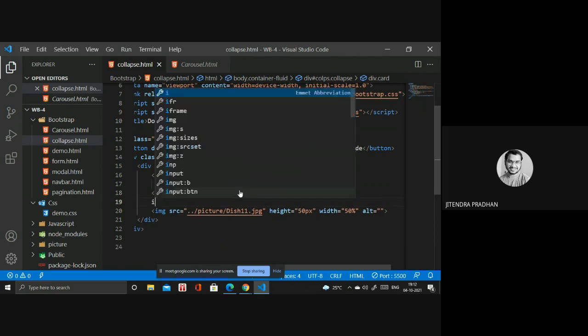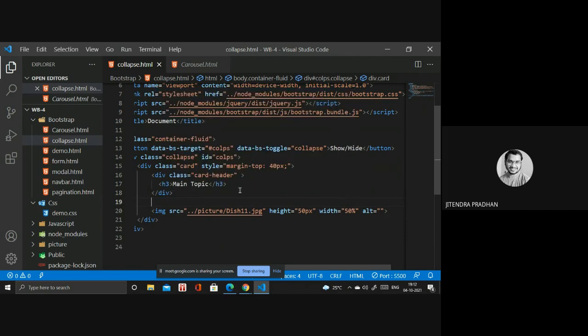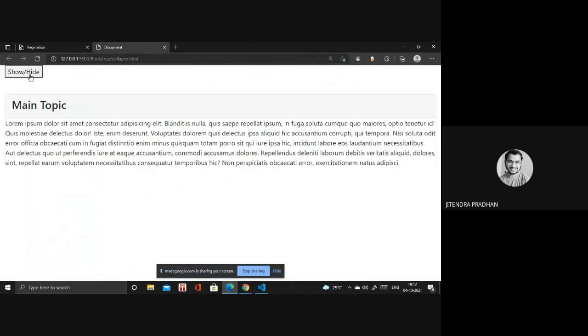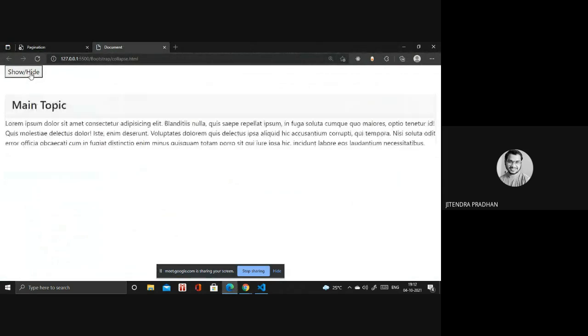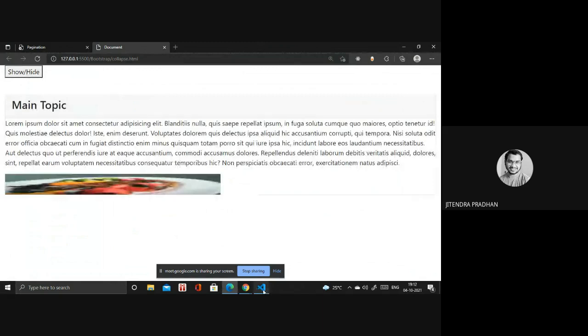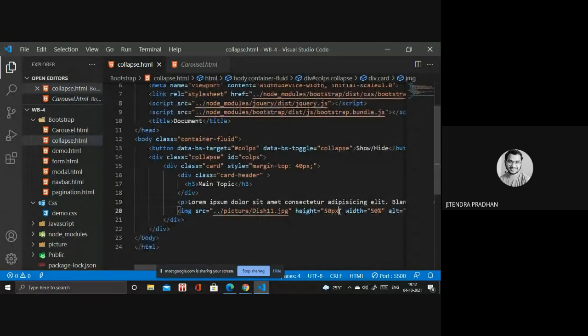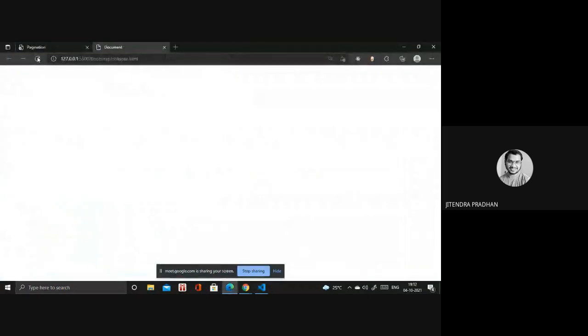If you require a paragraph, lorem 100. It looks like that. You require more height than that. Okay, now it looks good, I think.